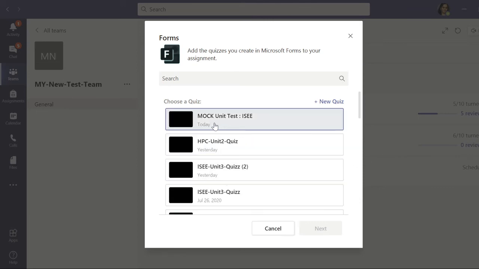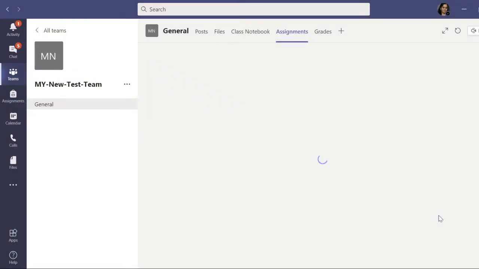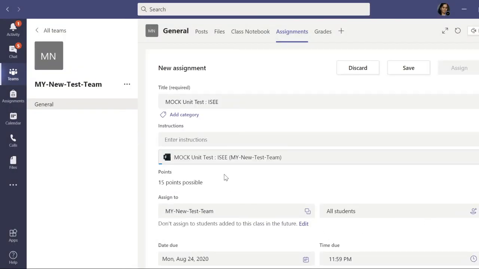I am assuming that you already know the quiz, and you have already prepared the quiz by blending both subjective and objective questions. So I will show you a mock unit test. Suppose here I have assigned it. In a similar fashion, just like we uploaded the question paper through the add resources tab, here we are assigning the quiz from the assignment tab, but with the quiz option.